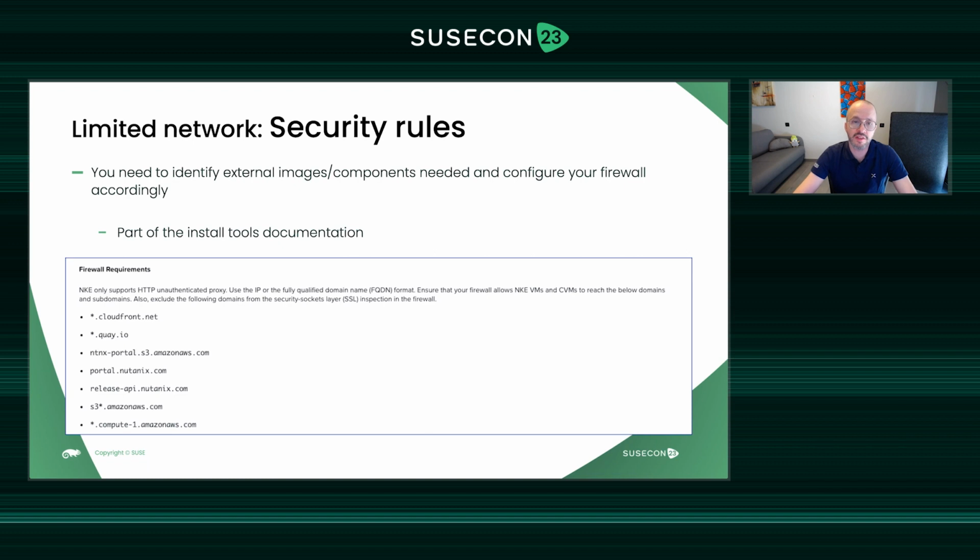You will see a paragraph with information like firewall requirements, and they will give you the targets you need to have access to, to allow your Kubernetes installer to work. If this is not working, or if you don't have this kind of information, you can also go to your network team and ask for the firewall logs, for example, or the network device logs, and you will see which connections are denied, and you can configure and open the rules accordingly.